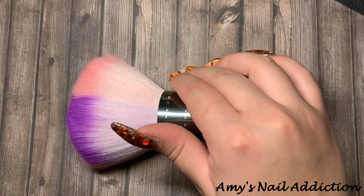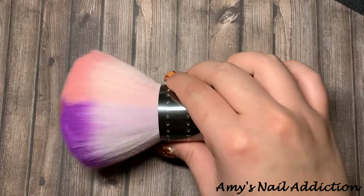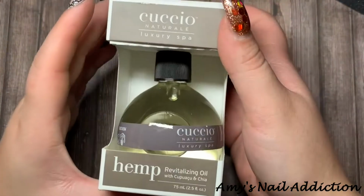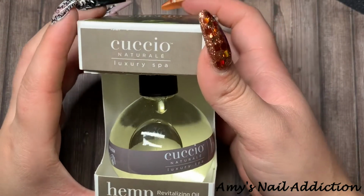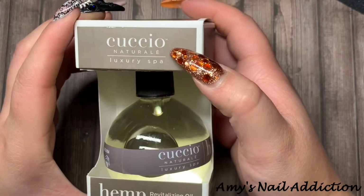They didn't have everything I needed, so I headed on over to Cosmoprof, and I'll show you what I got from there. So I picked up a new cuticle oil. This is from the brand Cusio. I don't know how to actually pronounce it,